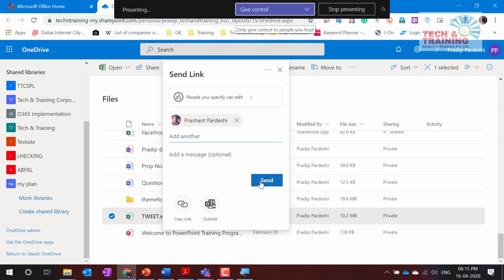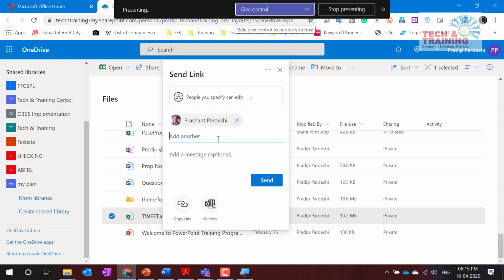But if Prashant still goes and does it, before that access reaches the recipient, I will get a notification saying Prashant is trying to share this file with so-and-so person. Do you want to approve it or deny it? Are you getting what I'm saying? I use the option specific people and share it with Prashant.